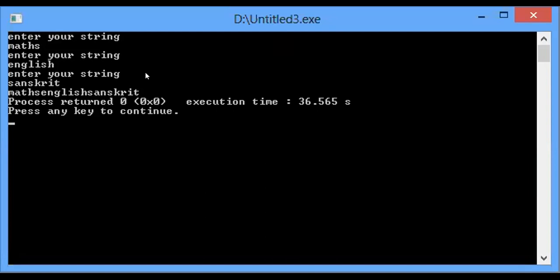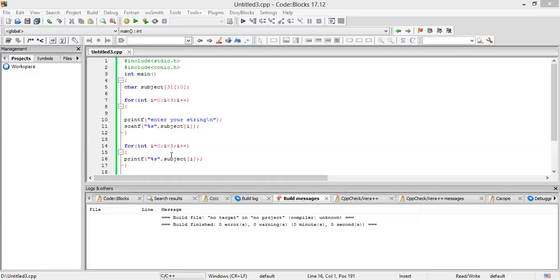See, in the printf I have not used /n. That's why everything is printed in a single line. Fine. So I have to put slash n here.